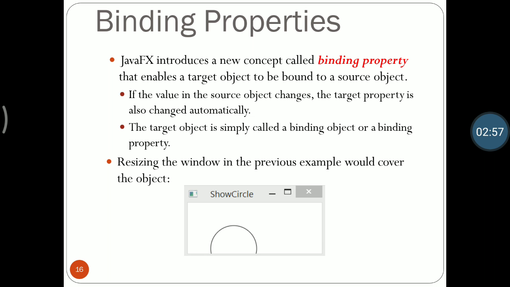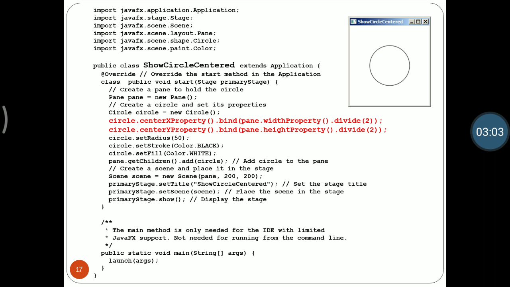Resizing the window in the previous example would cover the object. In this picture, we can see a pane contains a circle. The pane's size is 200 by 200 and our circle's center x, y is 100 and its radius is 50. If we divide our pane by 2, its radius will also be divided by 2 and its center will also be divided by 2.